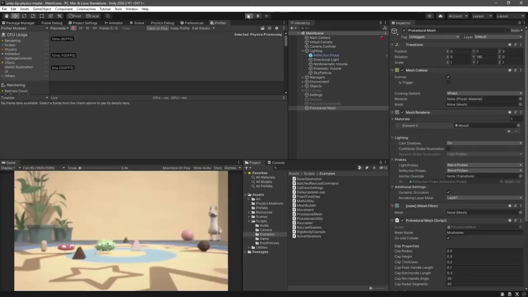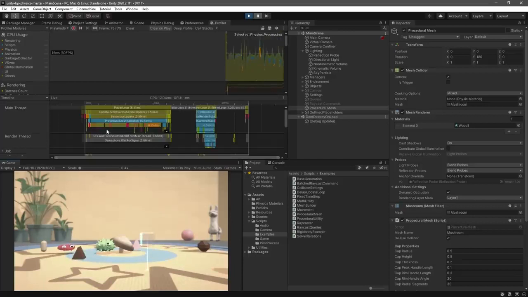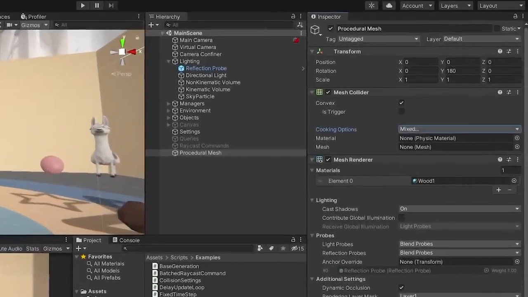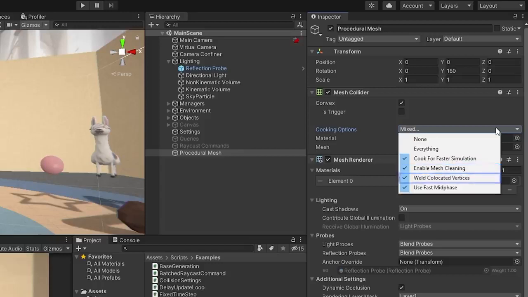When generating runtime meshes to use in the mesh collider, it's important that generated meshes have properly created triangles. Meshes required by the physics engine will usually go through a process known as cooking, which is a process that optimally builds the spatial structures for physics queries. It's best to set the cooking options to produce faster results if you properly created a mesh with no degenerate triangles. To do so, you can disable options such as Enable Mesh Cleaning, Weld Co-located Vertices, and